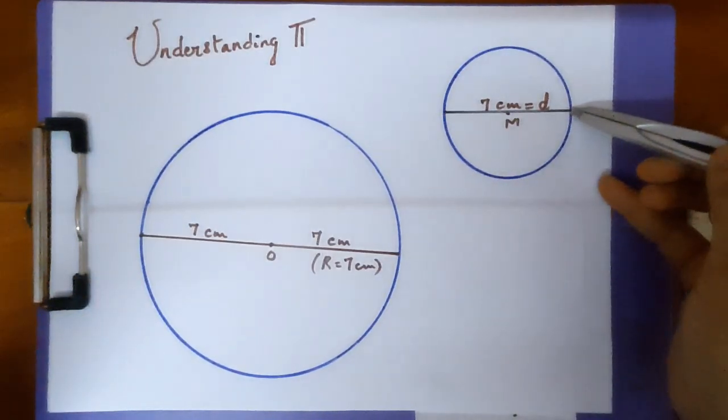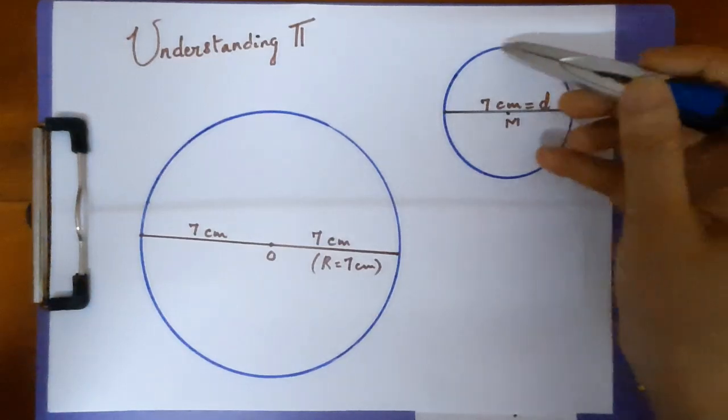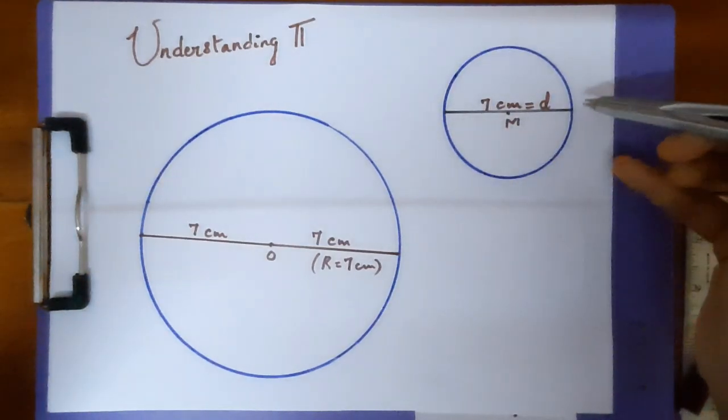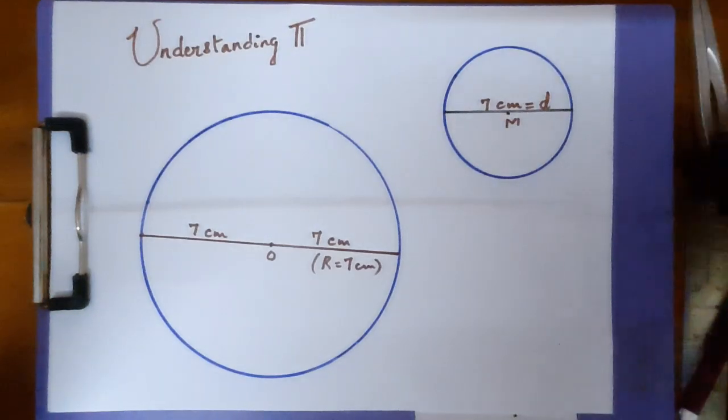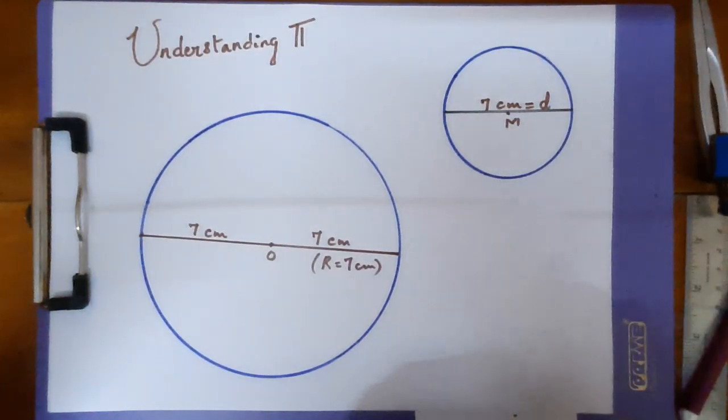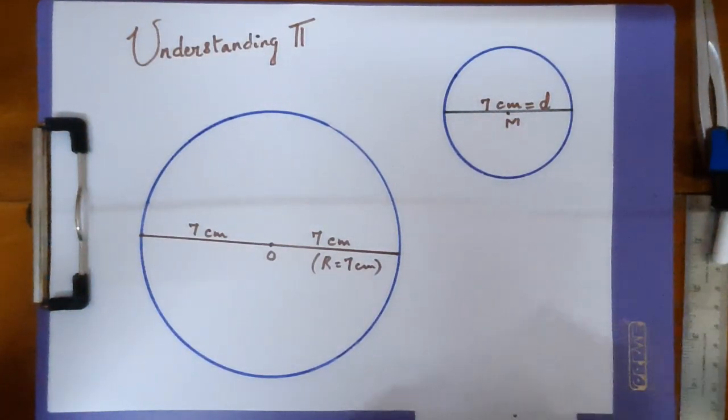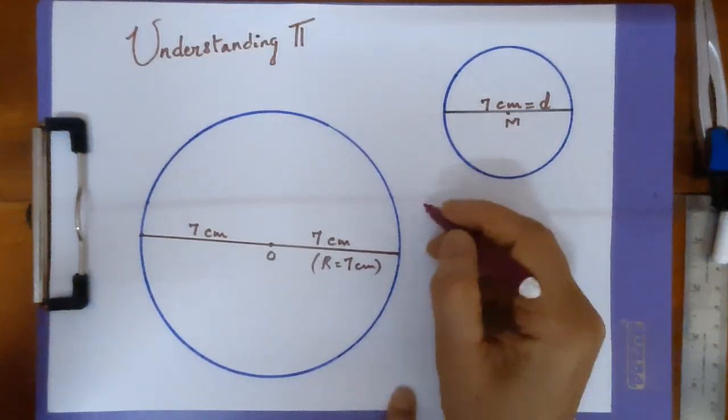Similarly, for this circle, the diameter is taken as 7 centimeter. Its circumference will measure 22 centimeter. So there is a fixed ratio here. If we are writing this ratio,